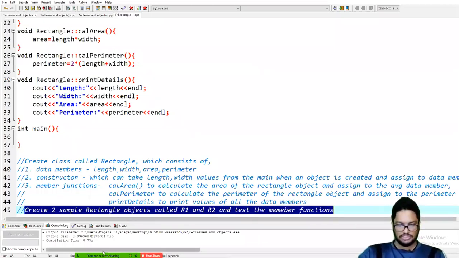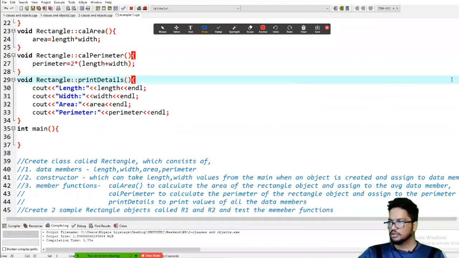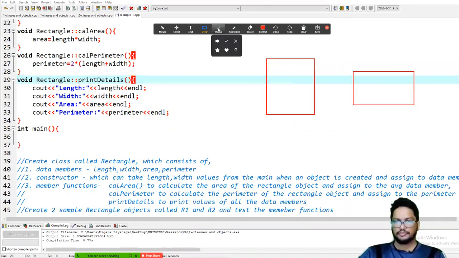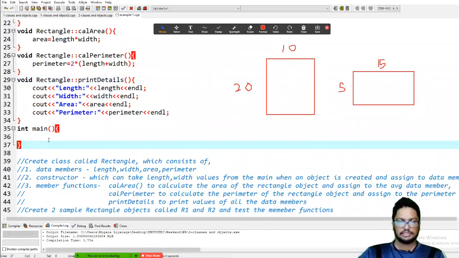Okay, so shall we create two objects like this? Right.